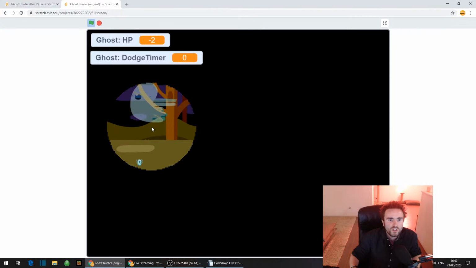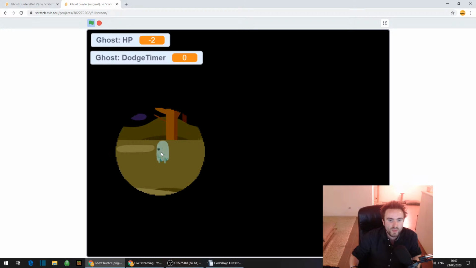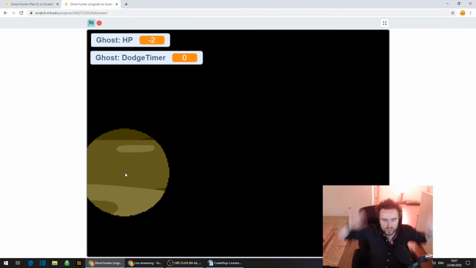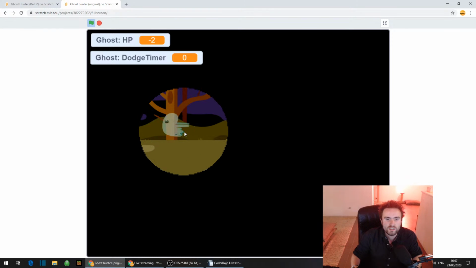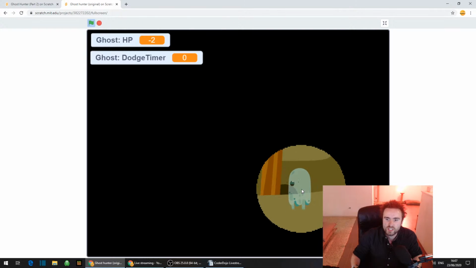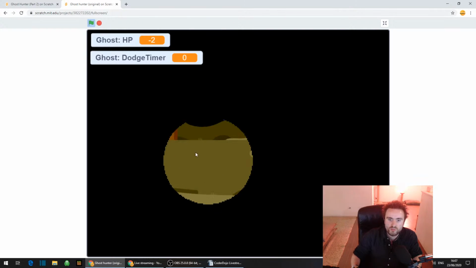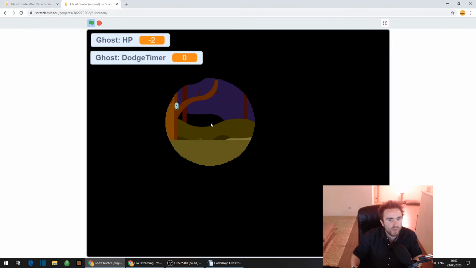So yeah, you can see. First of all, the ghost's animating. Its arms are kind of going up and down like that, right? So it's sort of animating. And the other thing that's happening is the more that we hold the torch on it, the more invisible it becomes. It goes see-through, it goes transparent.